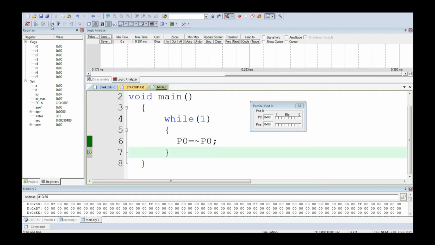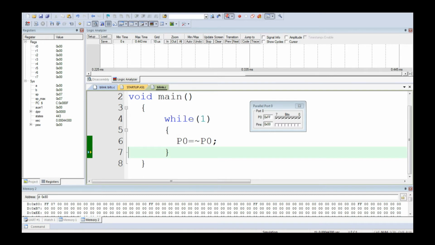Let us observe. It is becoming 0 now. Now it is already 0, and when the program executes, it will become 1. If you look at the cursor on the left, the yellow mark is called the program counter. The program counter is pointing to the line which is about to be executed. Because it is inside the while loop, it continuously executes only one instruction, which is port 0 equal to one's complement of port 0. You can see that the first time, port 0 becomes FF, and while executing the second time, port 0 becomes 00. So as we keep on executing, it toggles.